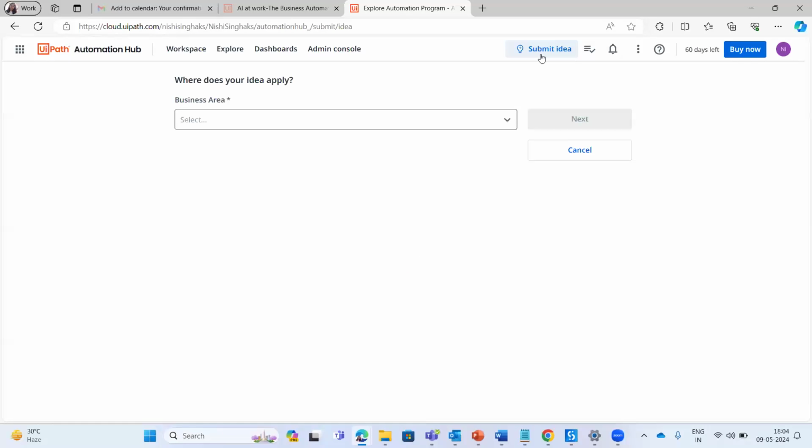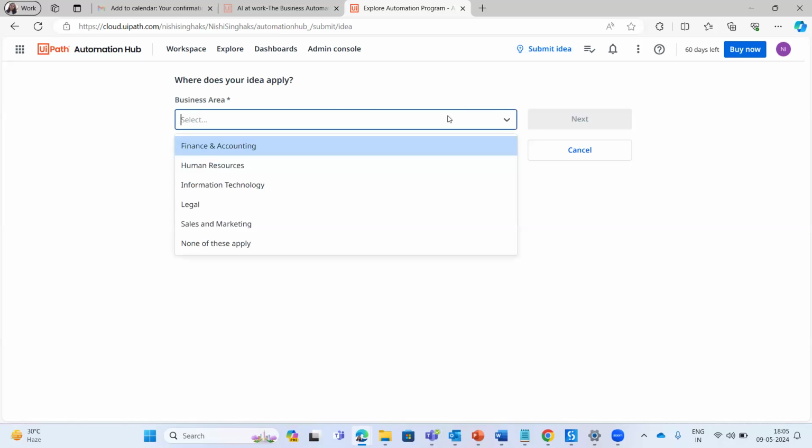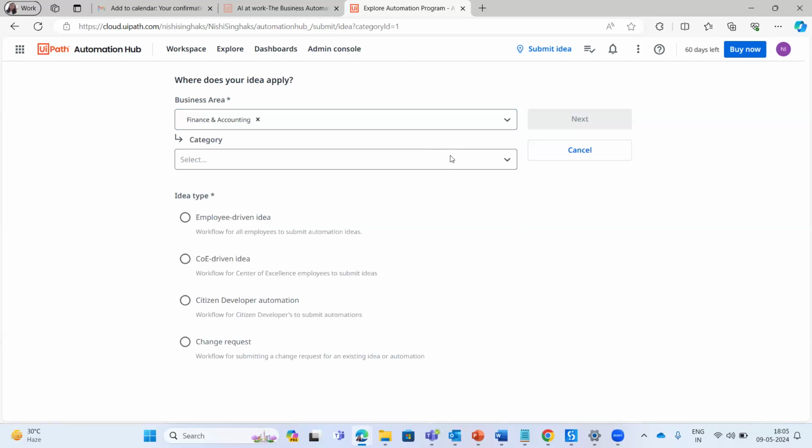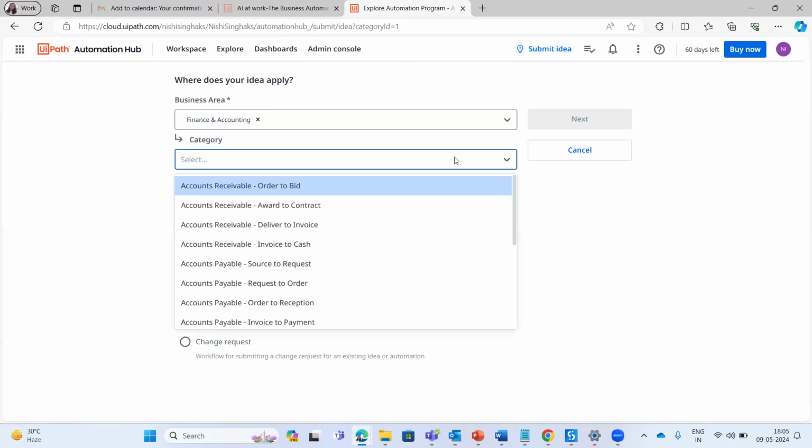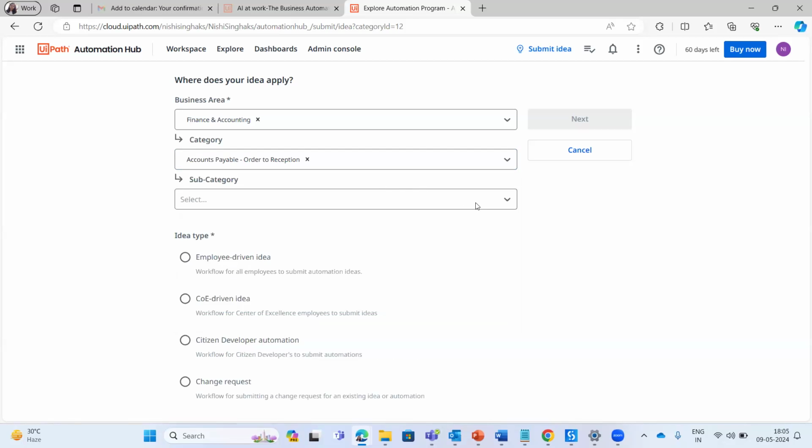Now, when it comes to submission of an idea, you need to click on this Submit Idea tab. Then you need to specify the business area. Let's say I am going to submit an idea around purchase order processing, I will choose Finance and Accounting. I will choose Order Reception. It's not mandatory to define category and subcategory, but you can define it, but it's mandatory to define